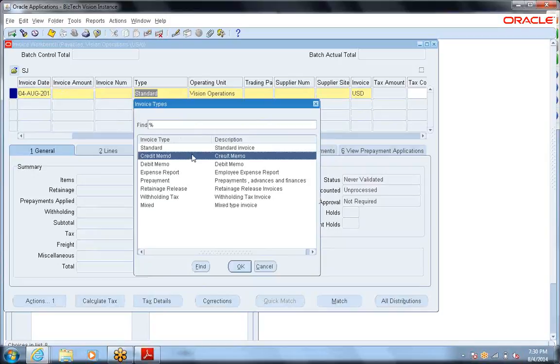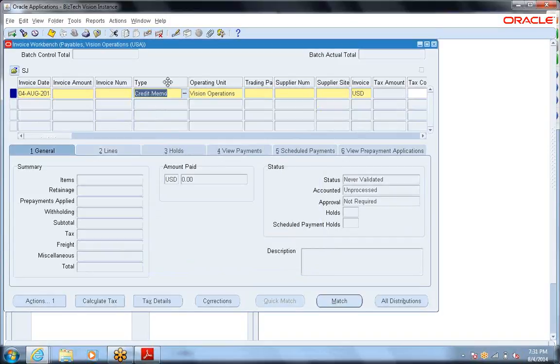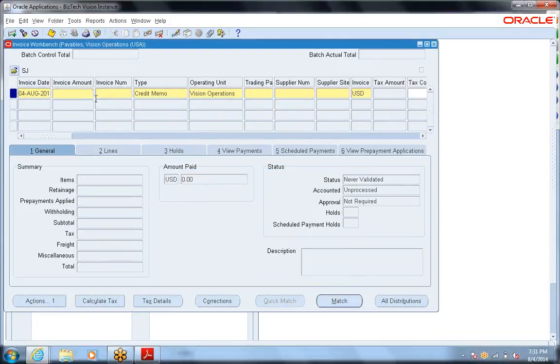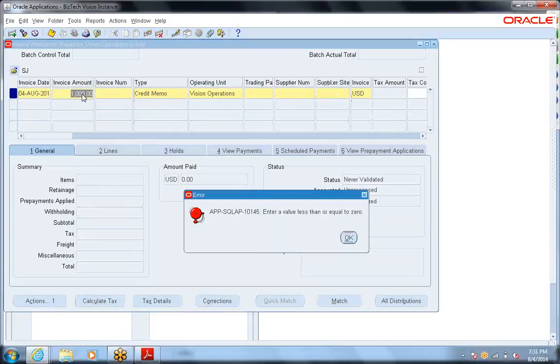If it's a debit memo it means that the vendor has to make a payment to us. Look, I've come to credit memo, I'm entering a credit memo, right? So first of all I need, okay. So I'll choose invoice amount, let's say 1000. Okay,